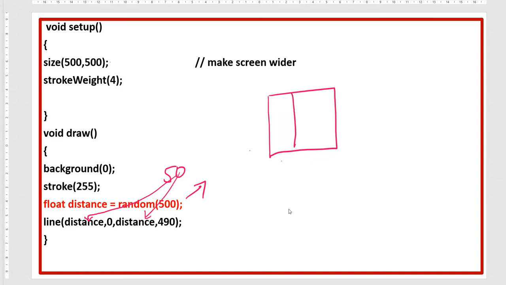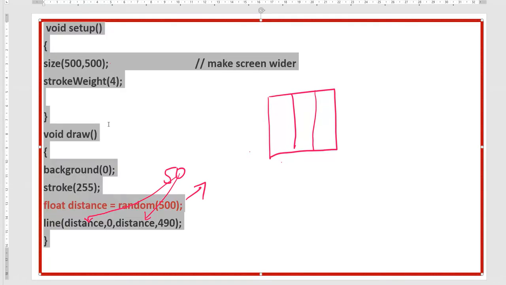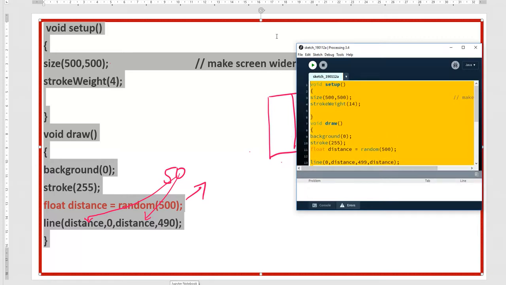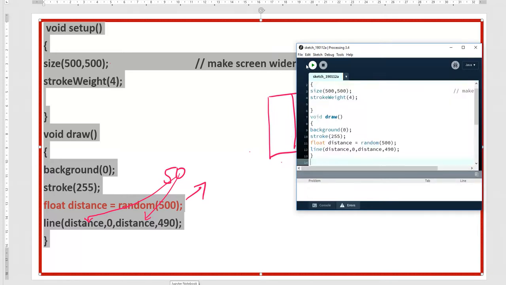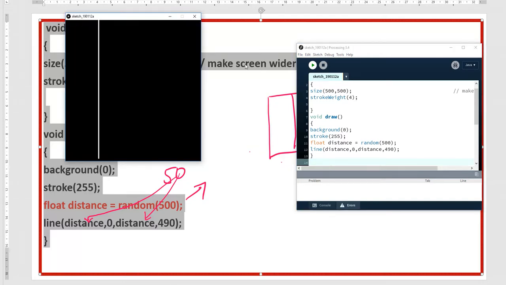In this way we will get the vertical line. I will run it and you will see. Now we have the vertical line. For a vertical line, our x1 and x2 should be the same. In our horizontal line, y1 and y2 should be the same.